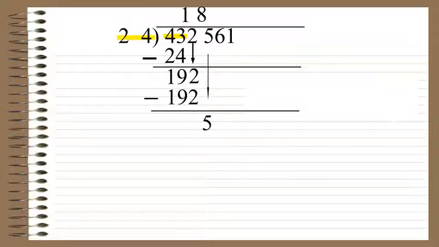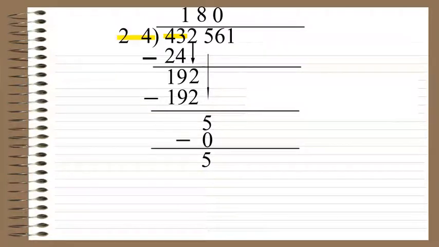In the table of 24 I am going to find out where the number comes which is smaller than 5. So I know that tables start from 24 zeros are. So 24 zeros are 0 and 24 ones are 24. I will take 24 zeros are 0. When I subtract, I'll get 5, and now I will bring down this 6. So you can see that we got 56 here, as already we have done that 24 twos are 48, which is very near to 56.